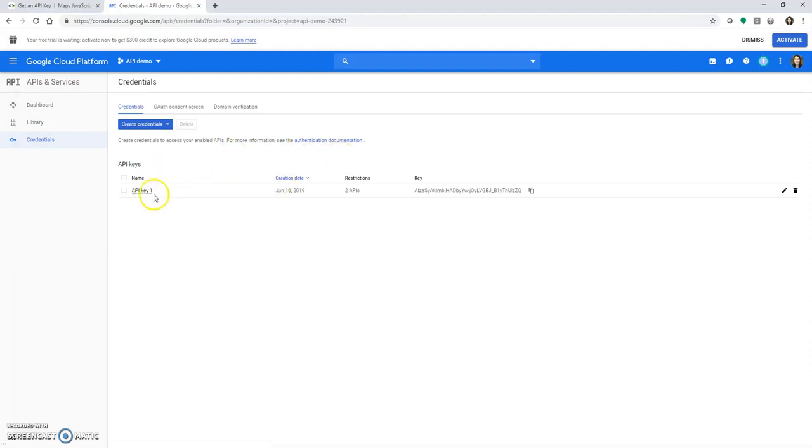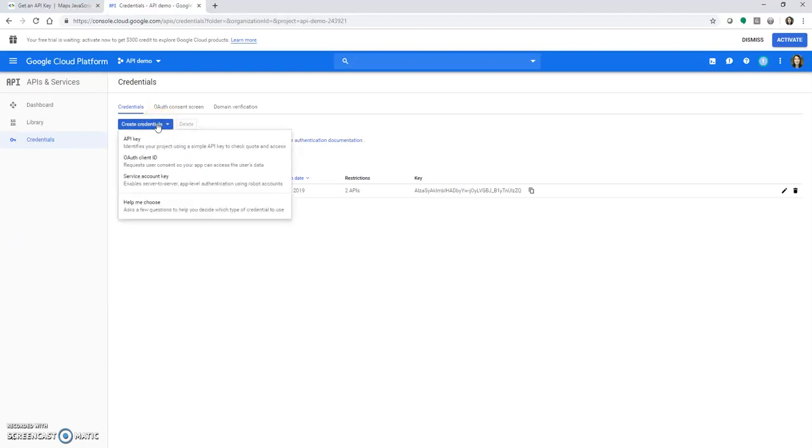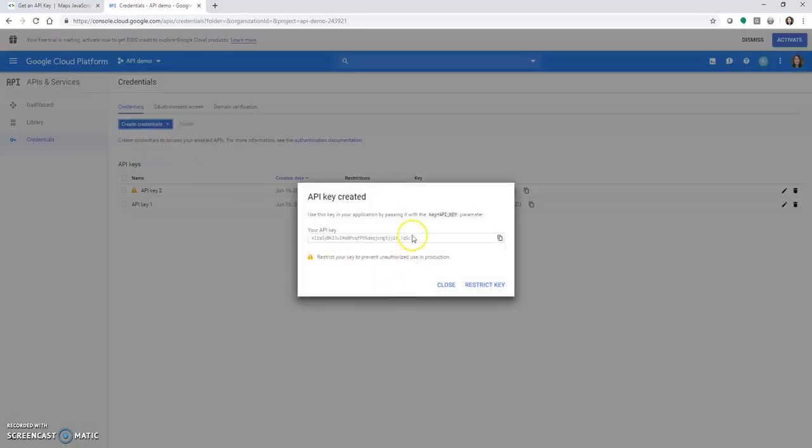And then the next step was to go over here and click on APIs and services and credentials. So I created an API key earlier, but I'm going to show you how to create another one. So click on Create Credentials and select API key, and then it creates it. It does mention that you should restrict your key, so you can click on this right here